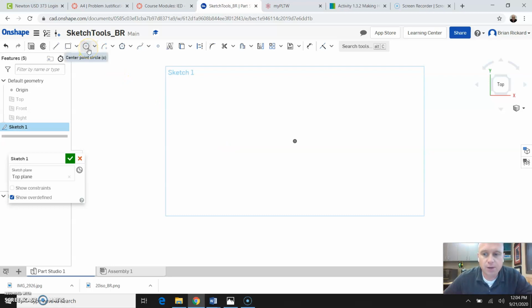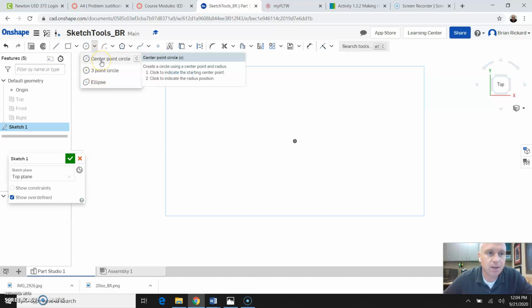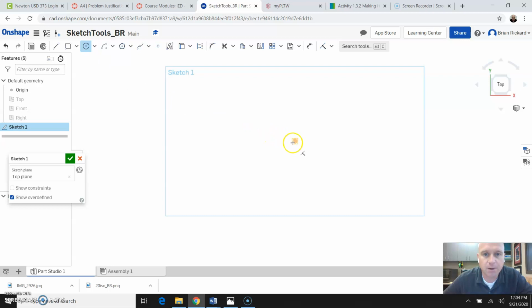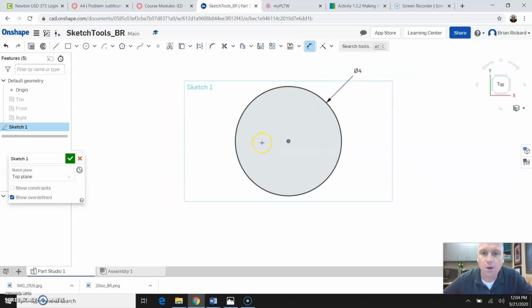First thing I'm going to do is create a circle at the origin. If I click the drop down by circle, there are 3 different types of circles I can make. We're going to be using the center point circle, which is the most common circle sketch tool. So I'll go ahead and click on that, click on my origin, and I will make a circle. Then I can dimension it with the dimension tool. I'm going to make that circle have a diameter of 4 inches. And so once I've done that,